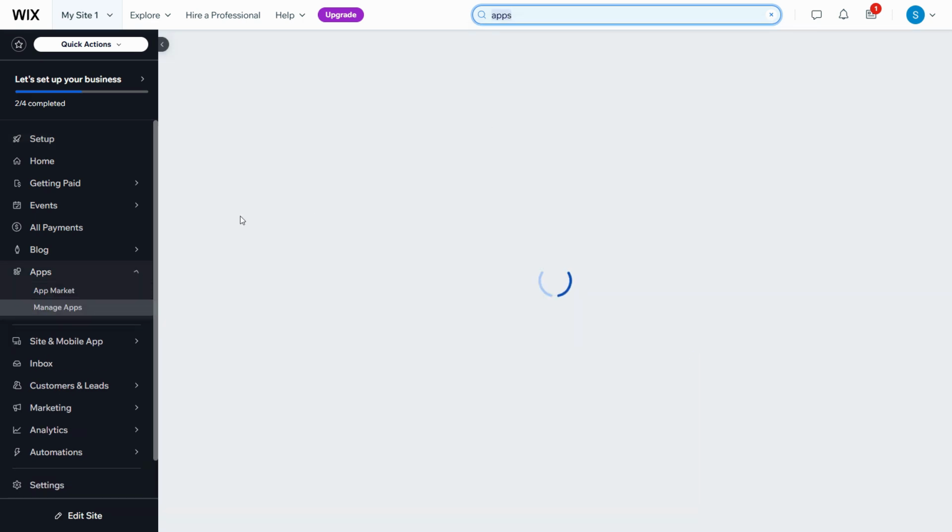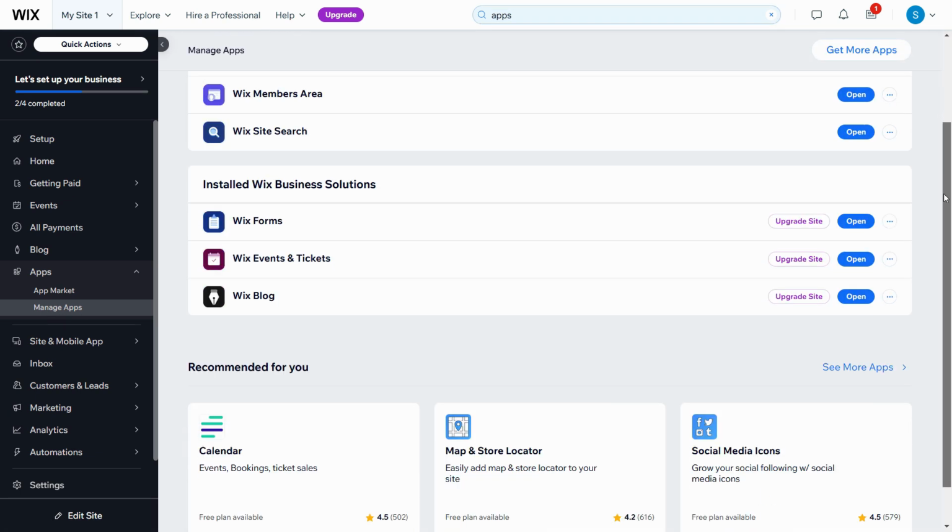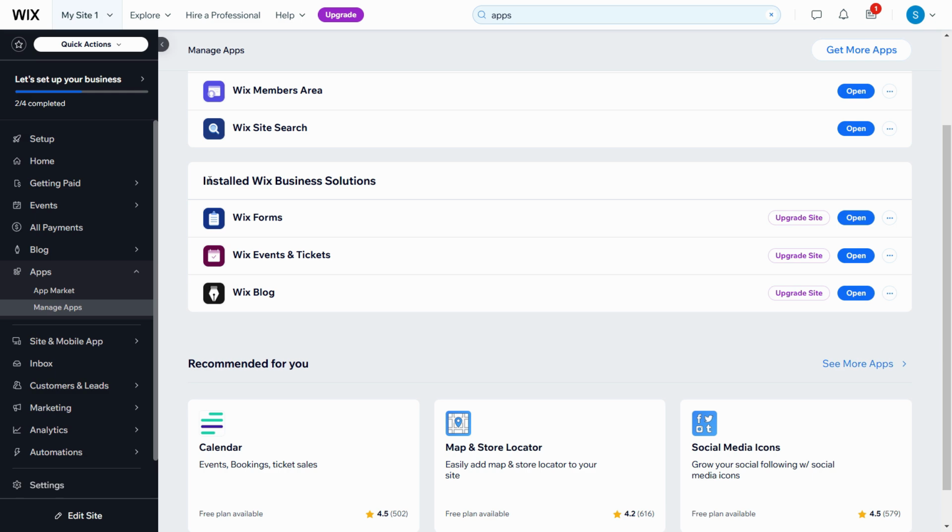So just click on the manage apps and you will see that we move into the same area. If you scroll down a little bit, you will find that install Wix Business Solutions. We have a couple of forms and apps installed. So if you want to remove some of them, for example, this one, I will click on these three dots